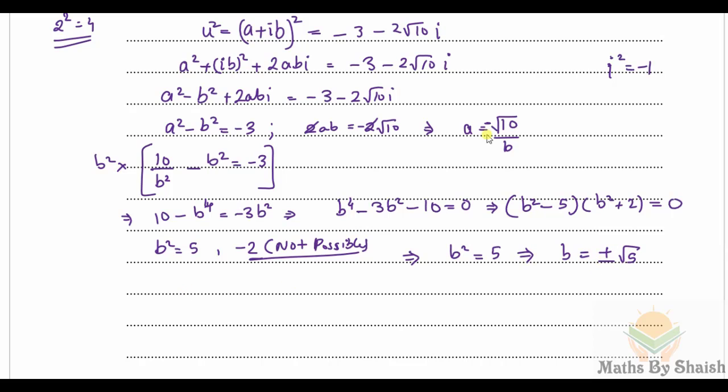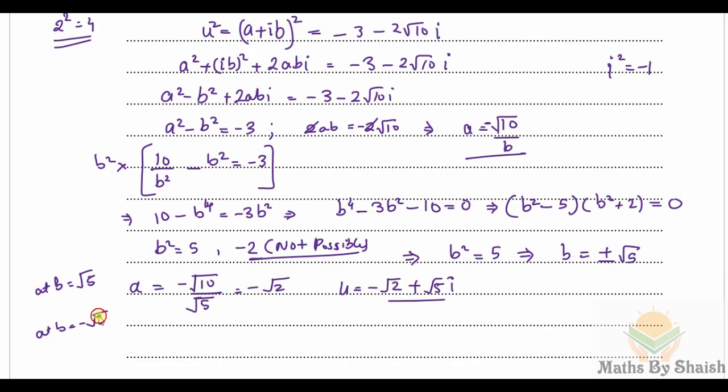So we will put it in this and get the value of a. So one square root of this is going to be u is equal to minus root 2, that is a, plus root 5 iota, and another we will get at b is equal to minus root 5,